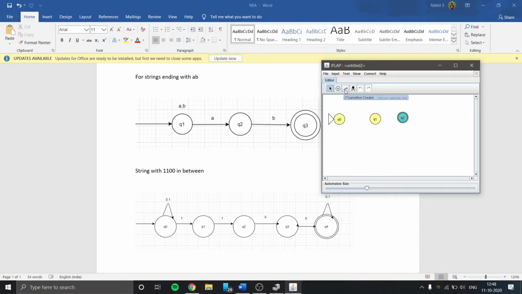Now we will add transitions between them: first a transition from Q0 to Q1 on A, another from Q1 to Q2 on B, and a self loop on Q0 on A and on B.